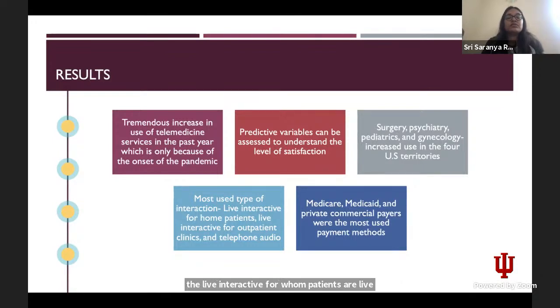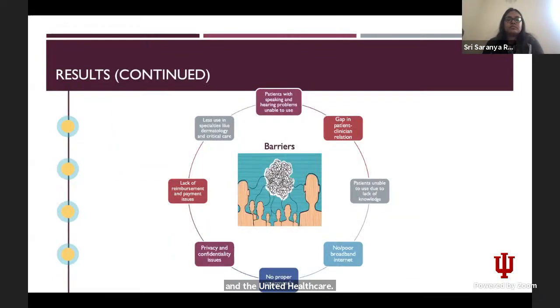Telephone audio has been used predominantly across all the regions. And there are also many changes to the payment methods. So the most used were Medicare, Medicaid, and the private commercial payers, which include Aetna and United Healthcare and all that. So moving forward, some of the barriers which were